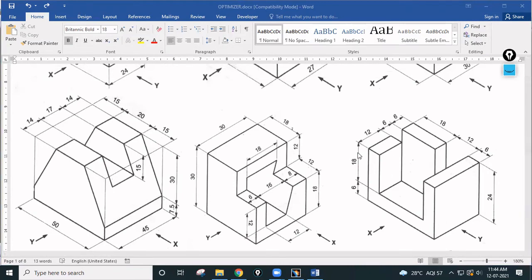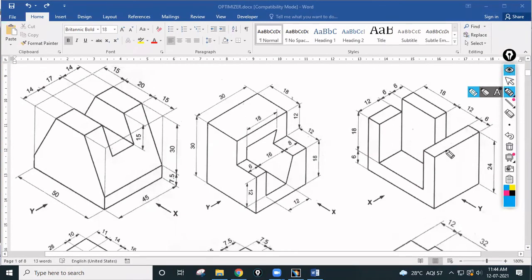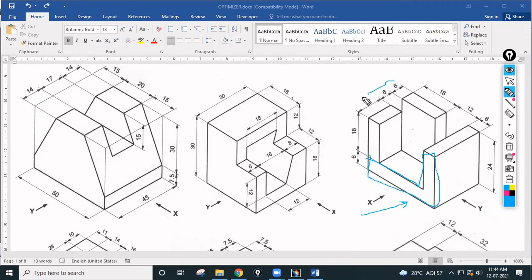There are two things you have to consider: from which angle you have to start and how many steps are required. For example, I'm going to consider this x-axis, and I'm going to draw this L shape first, like this, and I'm going to pad it by this total distance. Then on this face I'm going to draw two rectangles like this, and then I'm going to pad it.